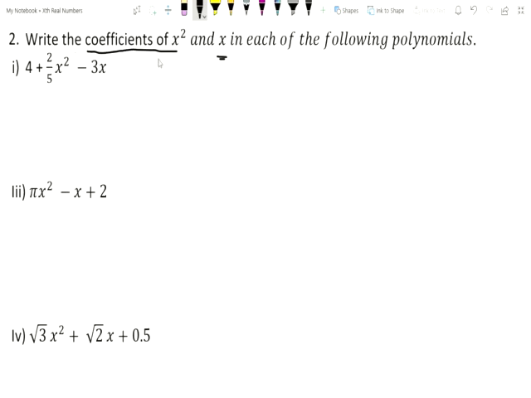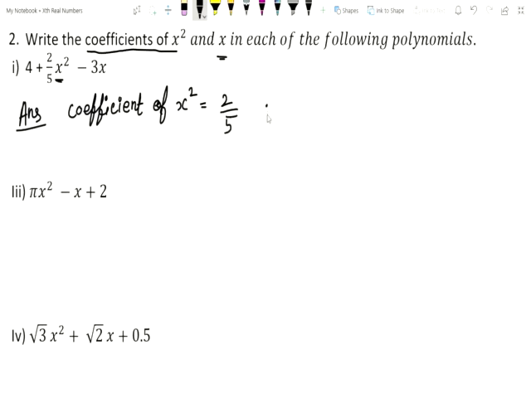See here, where is x square? In this expression, you find out where is x square. x is the variable, no? Which number is multiplied here? 2 by 5. So the coefficient of x square equal to 2 by 5. Along with the sign; positive is there, so I wrote 2 by 5.